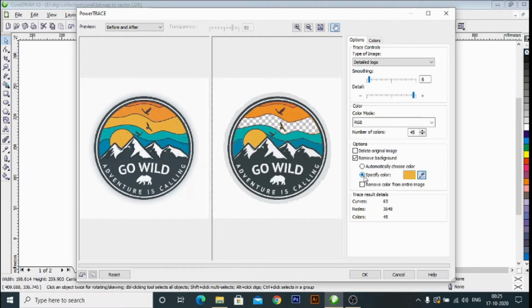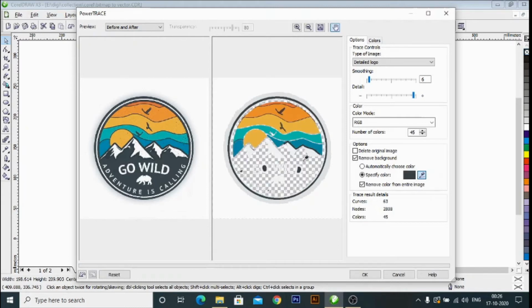In this also there is an option, remove color from entire image. If you select any color, it will be removed from the image. The color will be removed in all parts of the image. As you can see, if I click on the black color, the black color will be removed from everywhere in this image.